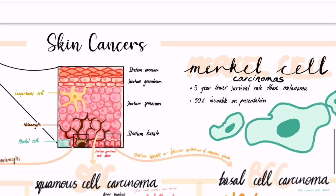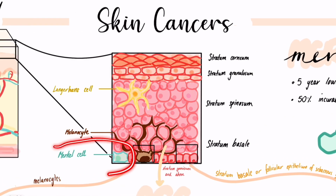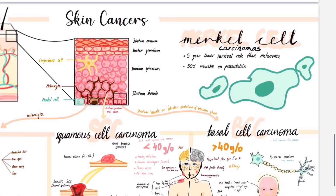And then finally, just before I forget about it, we've also got our Merkel cell carcinomas. So our Merkel cells are those cells that are involved in detecting fine touch. These ones are wild. They're so rare, but they're so scary. They literally have a lower 5-year survival rate than melanomas, and 50% of them are incurable upon presentation, which is pretty sad. So I guess in conclusion,